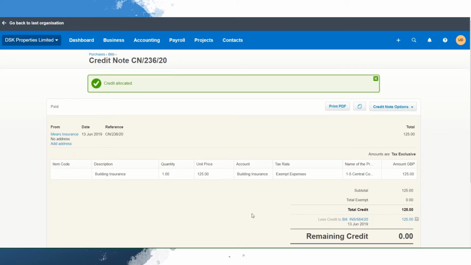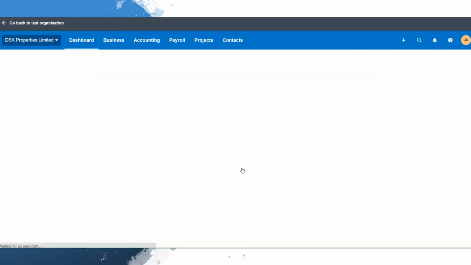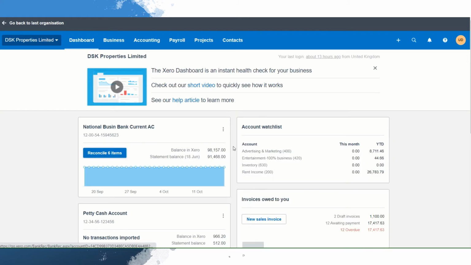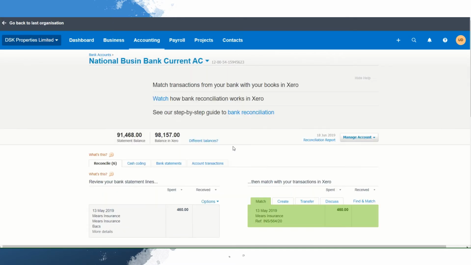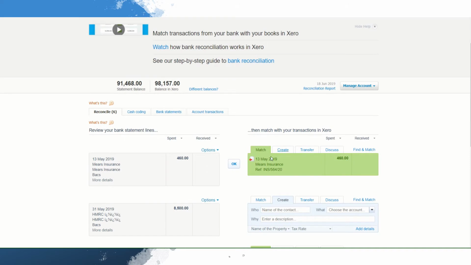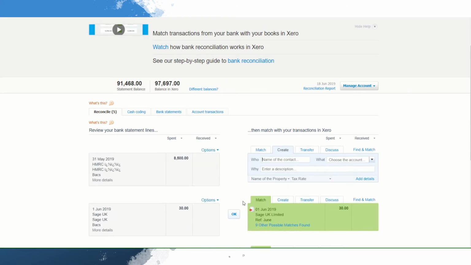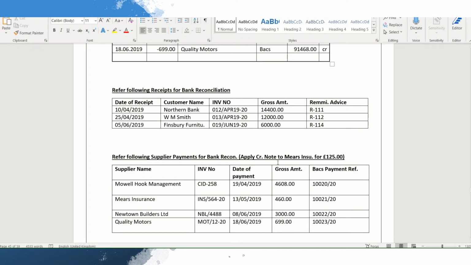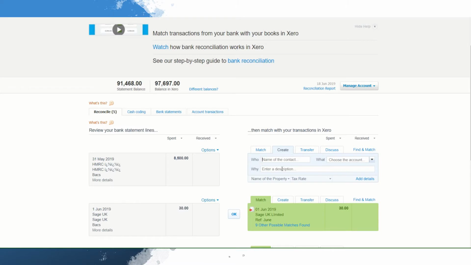Once that's done, the credit has been allocated and now the amount payable is 460 pound. And as you can see, now it's been identified by zero, which was not done previously, and say OK. The next is HMRC corporation tax payment, and it's already there in your course book. So let's do that and say corporation tax payable,